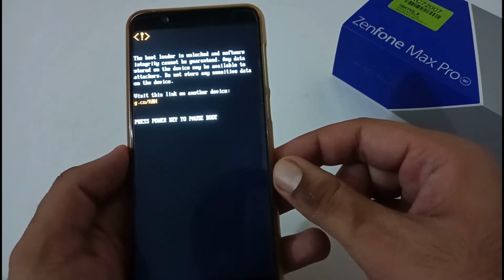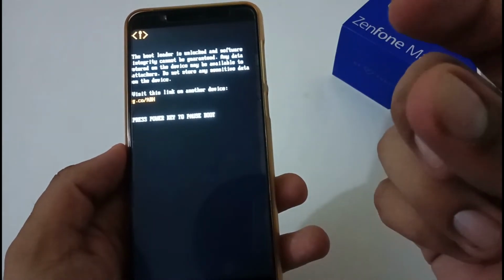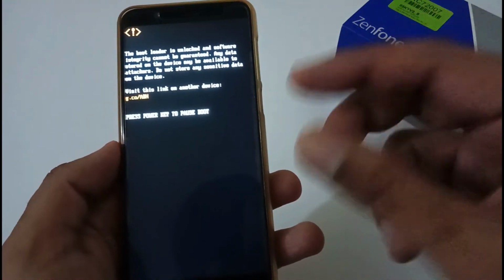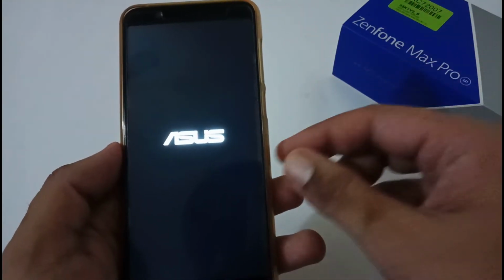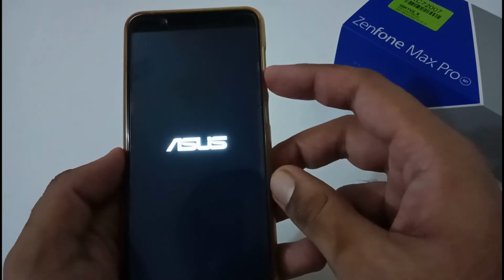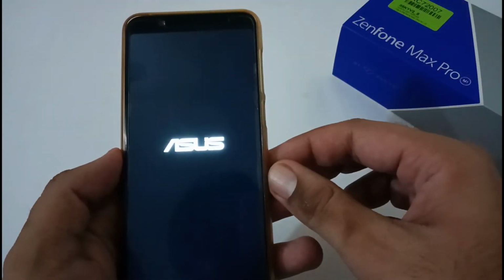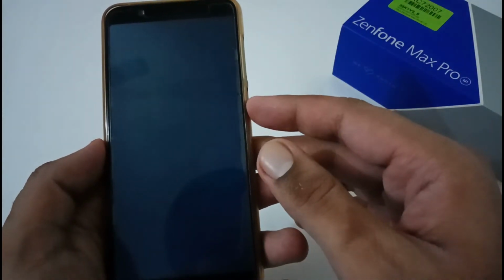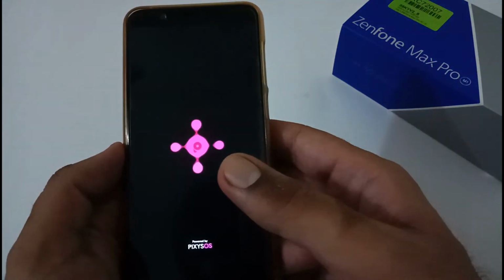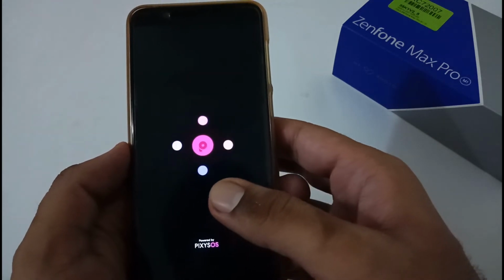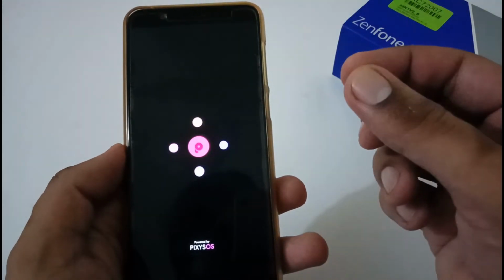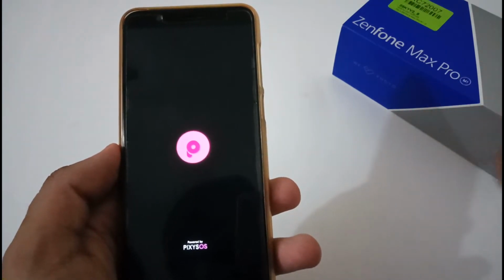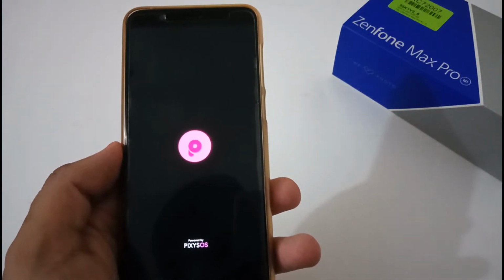Now it will take approximately 2 to 3 minutes to boot into the logo screen of this particular ROM before initiating the phone setup process. So just wait, and again I recommend do not play with the volume rocker buttons or power buttons. If you are waiting for more than 15 to 20 minutes, then I recommend restarting your phone. As I've told you, it will show you the logo of Pixies OS ROM and afterward it will take nearly 2 to 3 minutes to initiate the phone setup process. So just wait till that time.